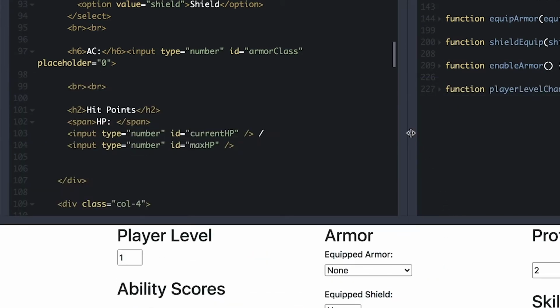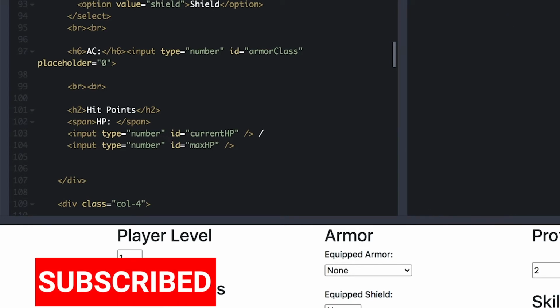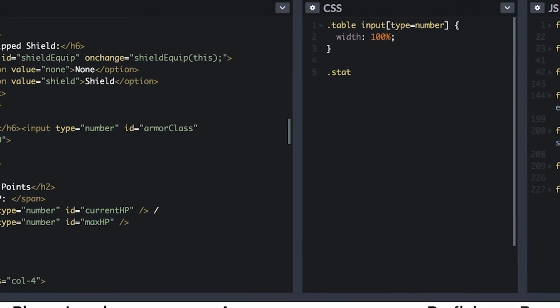But let's see if we can get them all onto one line. I'm going to go ahead and add a new CSS class. We're going to just call it stat. You can call it whatever you want, really doesn't matter. But the key here is that we're going to set the width equal to something very specific. That way, no matter what the number is, it's going to restrict it on that line